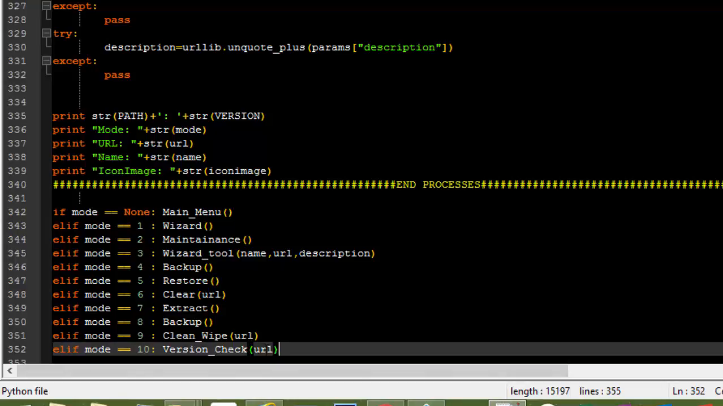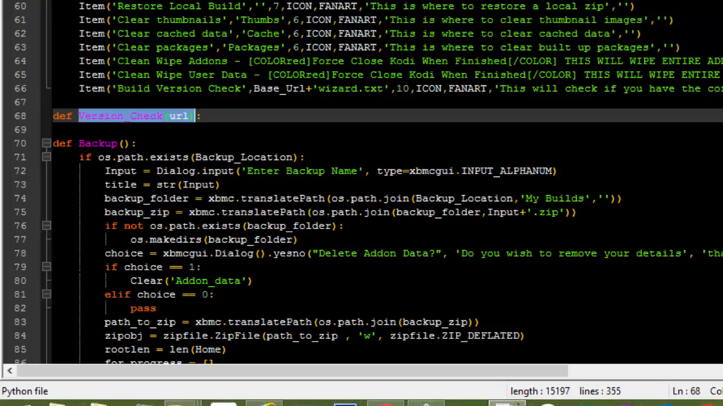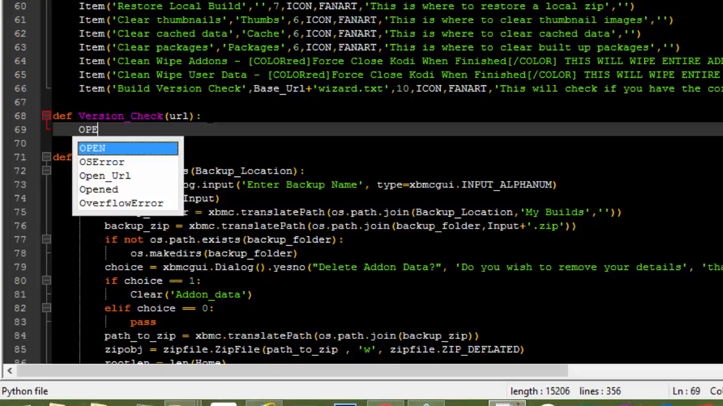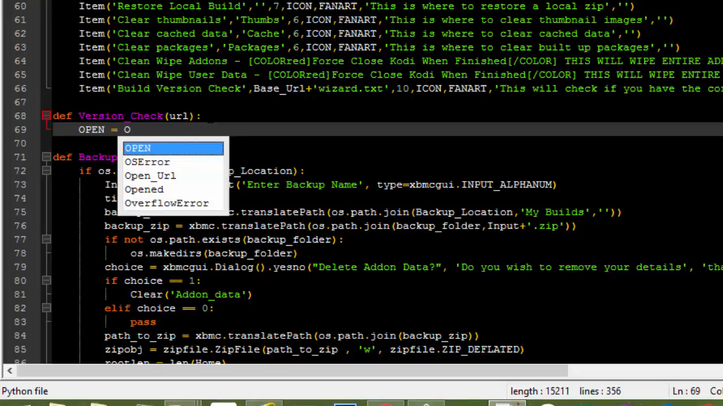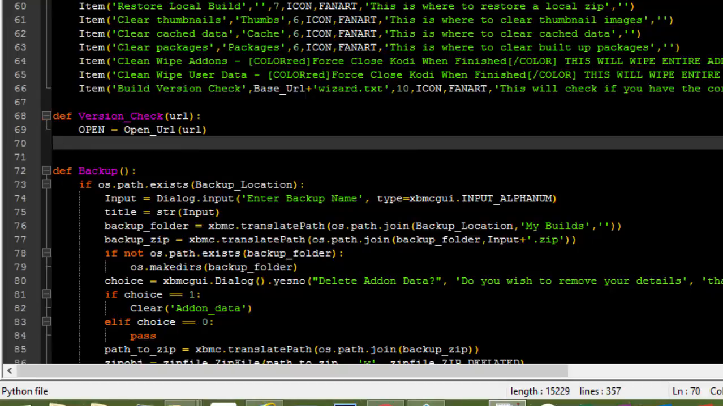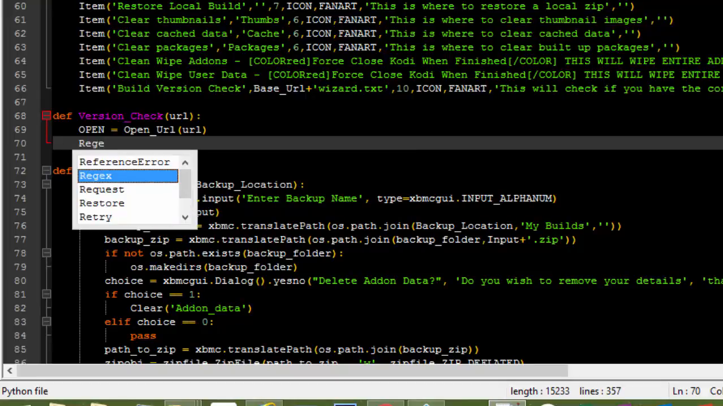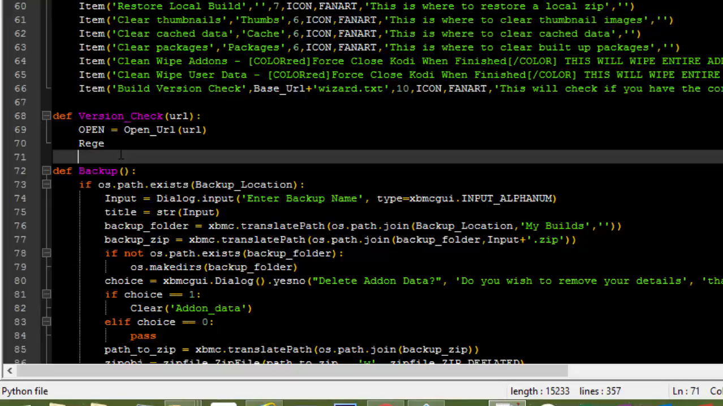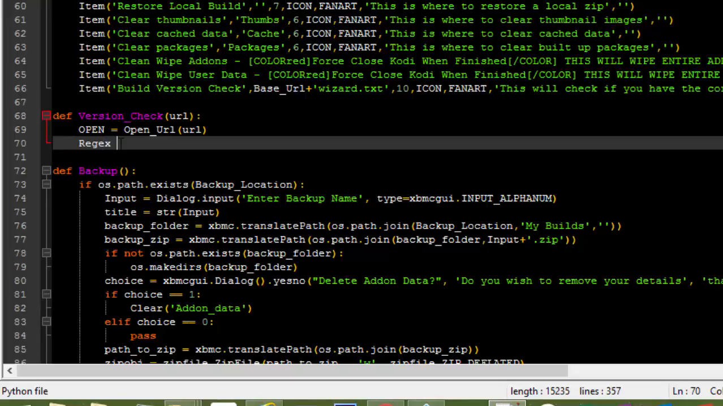So version check. Let's go and find that, just to be lazy. Okay. So first, yeah, open equals open URL, which will be the URL. Regex. To be fair, we can just copy all this. So, well, we don't even need all that. Yeah, we'll do it again. Regex equals